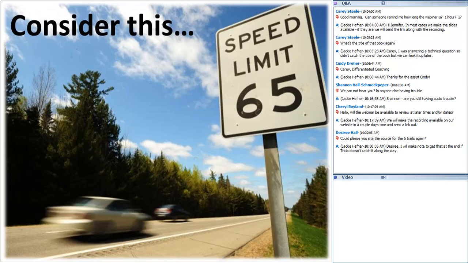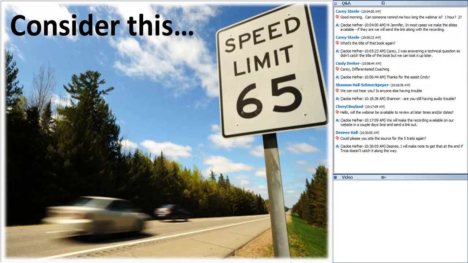But I want you to assume you are behind the wheel of a car, you're by yourself, and you are driving along and you see this speed limit sign. How fast are you going when you see this speed limit sign? You're driving down, nice day, looks sunny, no inclement weather. How fast are you going? Take just a moment.